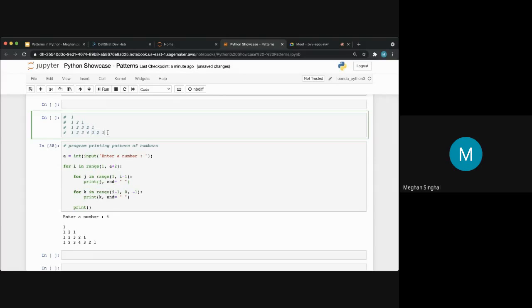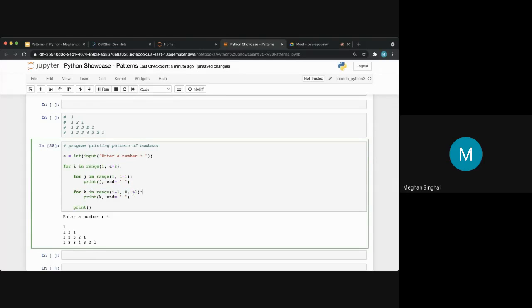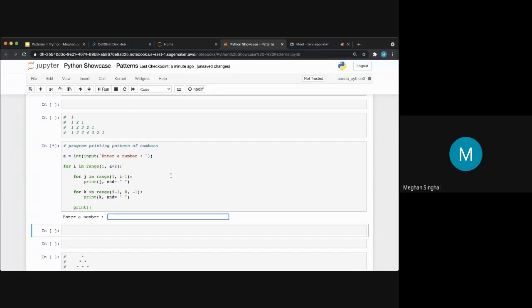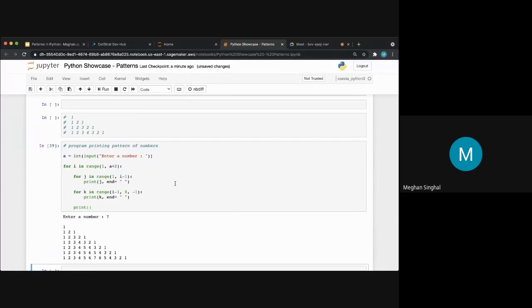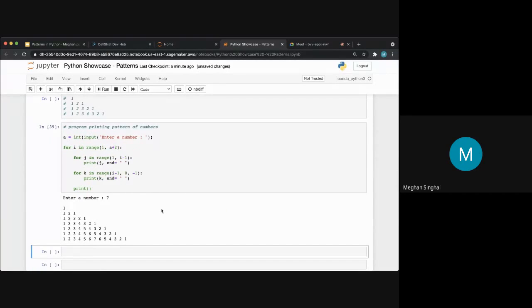That's why we need a second inner loop. So the second inner loop is going to go from I minus 1 to 0. And this third factor is to tell us that it's being decremented. After that, we print K and leave a space. And again, there's one more print function over here so that it goes to the next line. So let's just run that again. And here, this is how it looks.